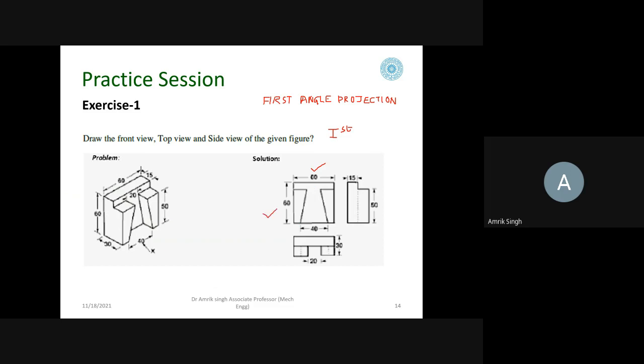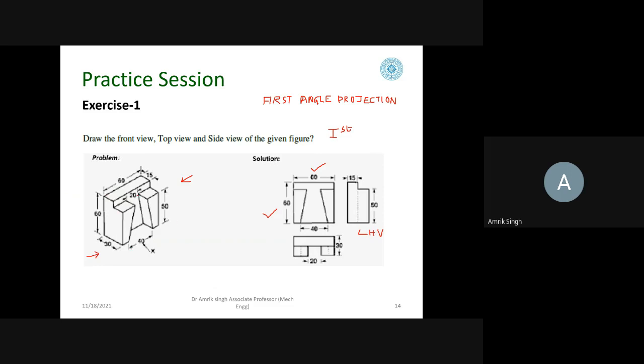And similarly, if you draw the right hand view, the right hand view is from here and the left hand view is here. Because it is drawn in the first angle projection, it is a left view, LHS, or left hand view, LHV. So from the left hand side, if you see, it will look like this.